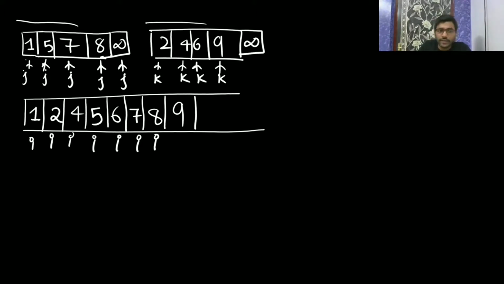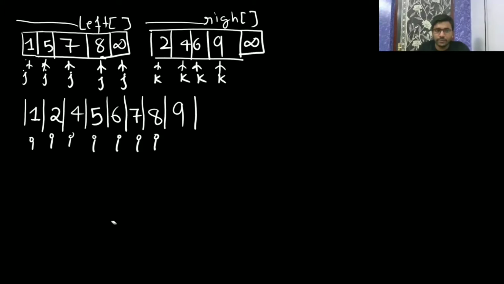It is going to compare element by element. It will take one element from here and one element from there. Let us assume this is the left array and this is the right array. It will compare the left element with the right element, and whichever is smaller it will place. Then it will increment left, and it will work the same for right. Please let me know whether it is clear or not, how the merging is working.